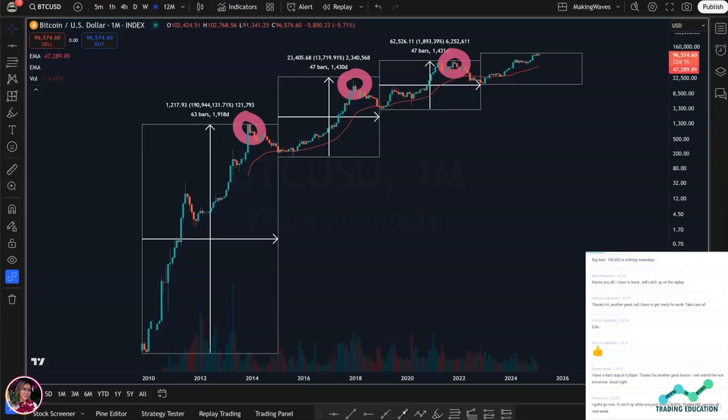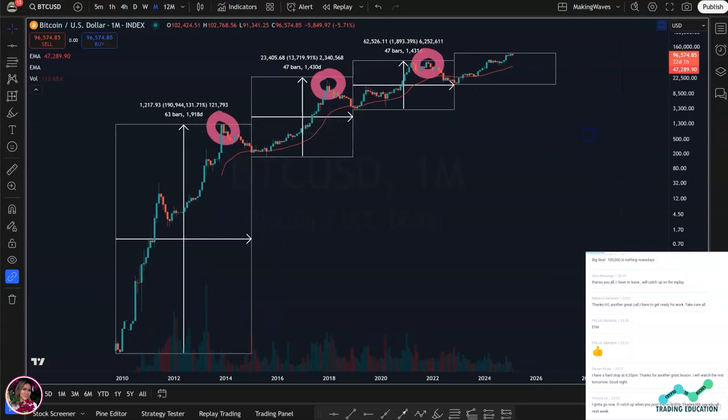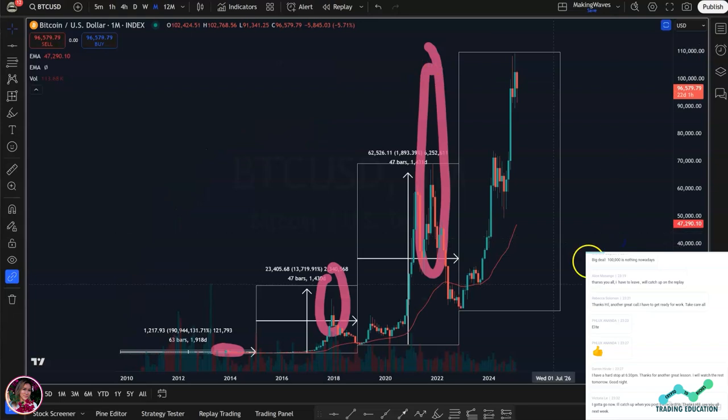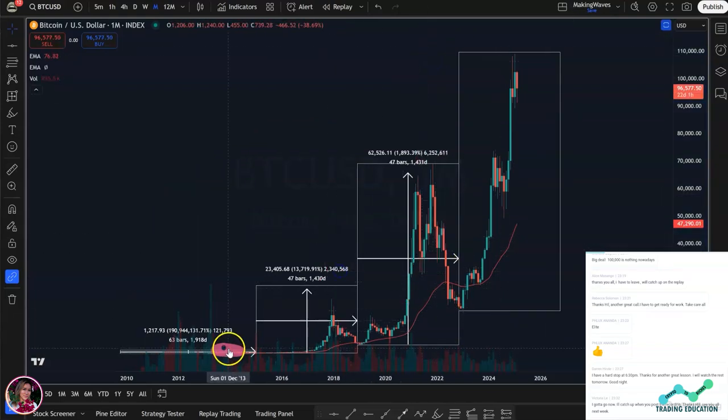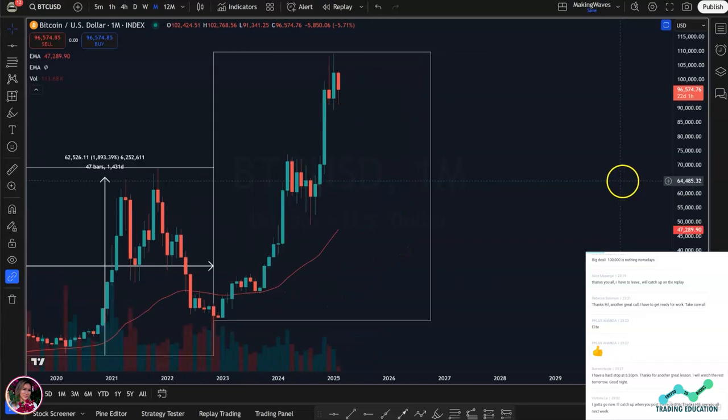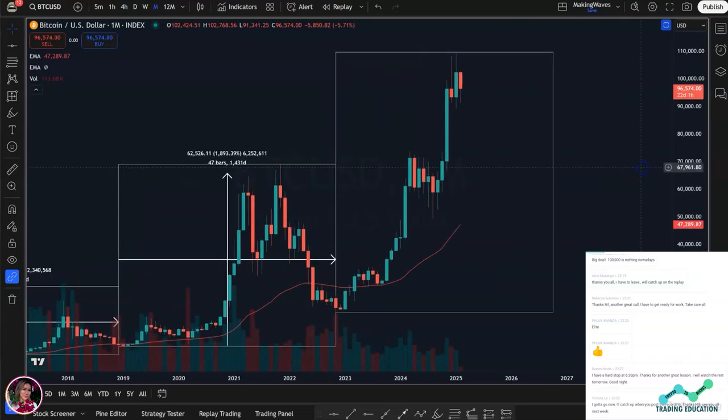So, in terms of the halfway point for the current 4-year cycle, it's hard to say. I'm going to put this back on the regular, okay? Wow, look at how warped my drawings got. So, let's delete these guys. But you can see, top happens on the right side, top happens on the right side. So, I don't know where the current cycle is going to end.